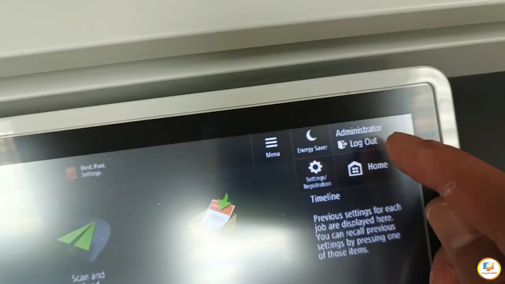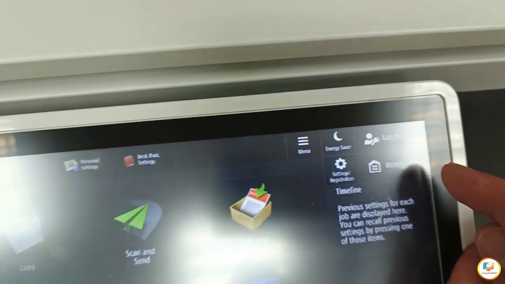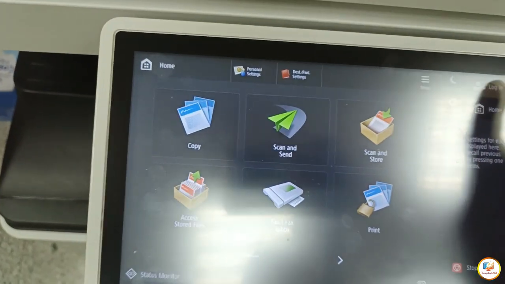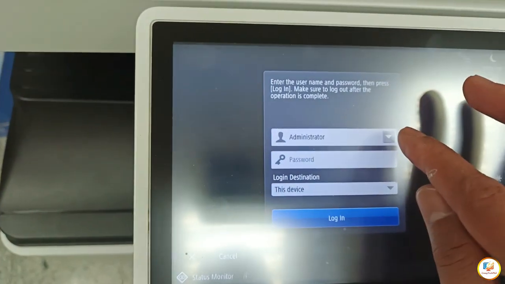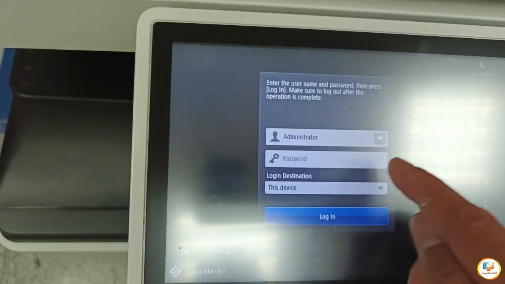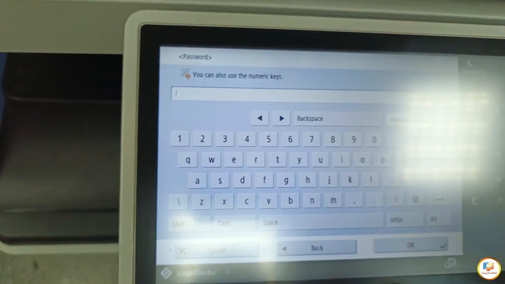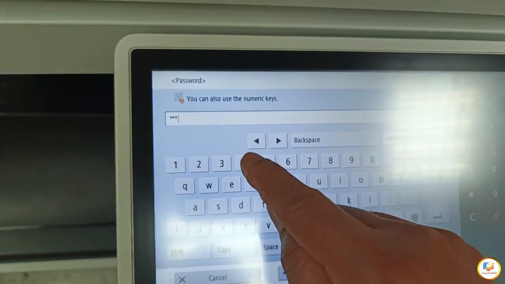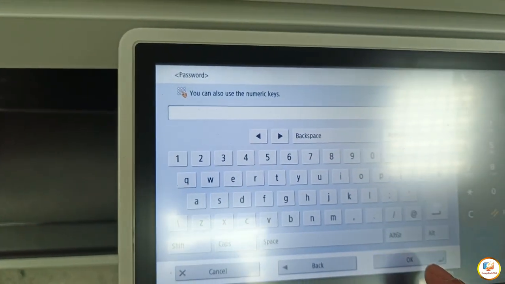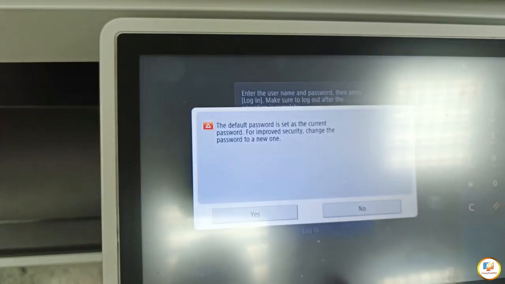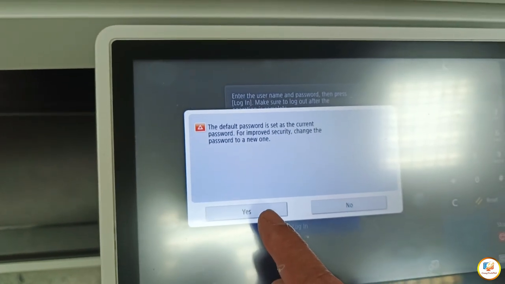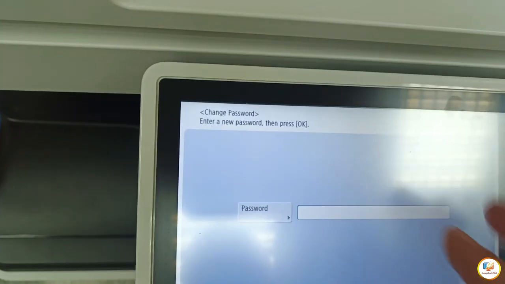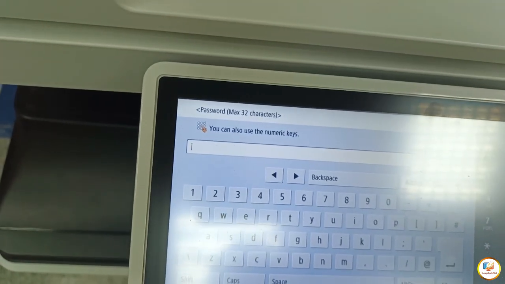We're going to tap log out, so it logs out now. Then we log in as administrator. Now we're going to change the password. We click yes, then supply my password.